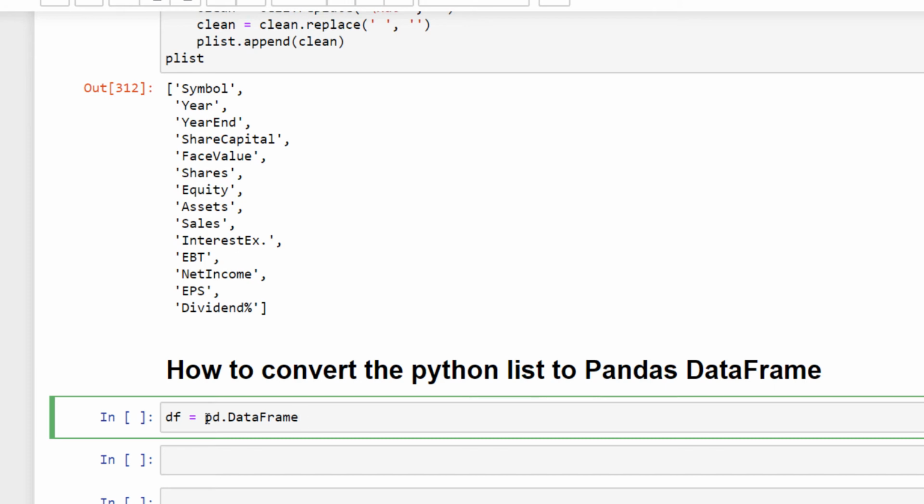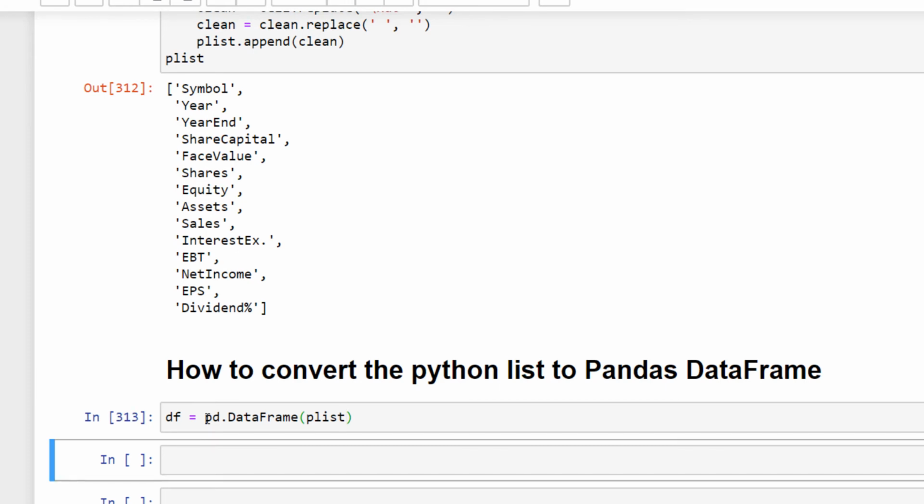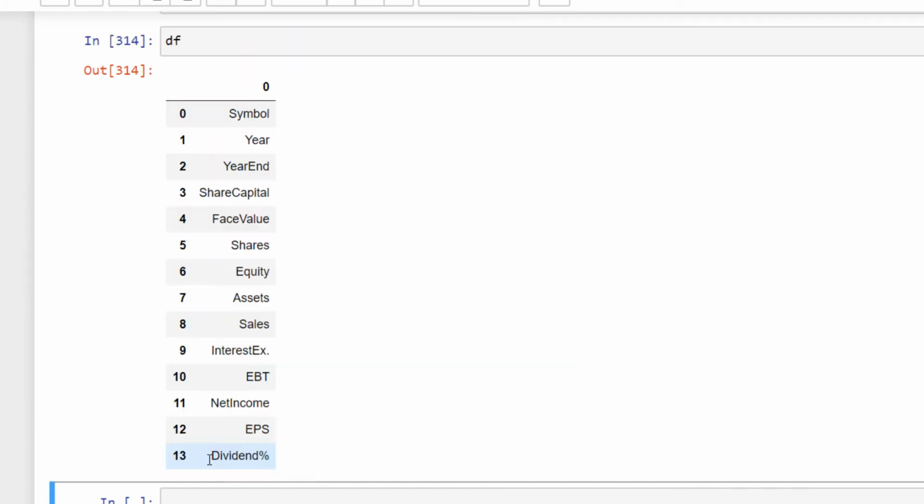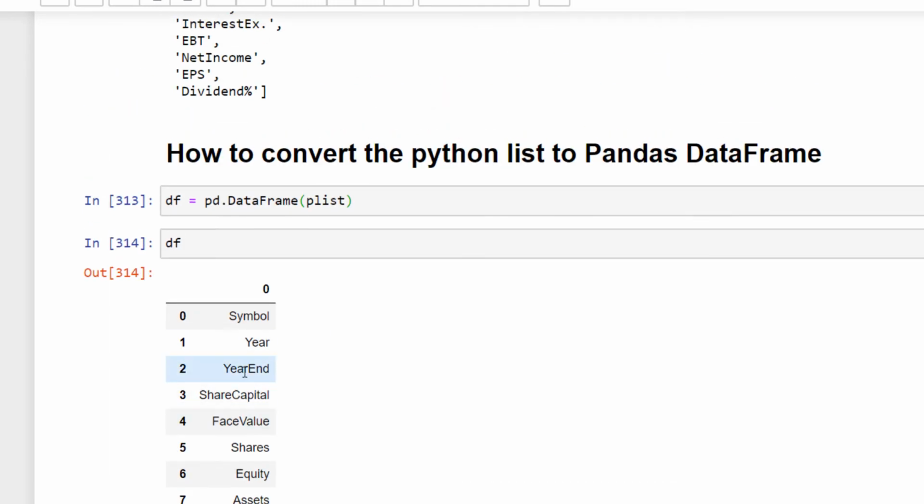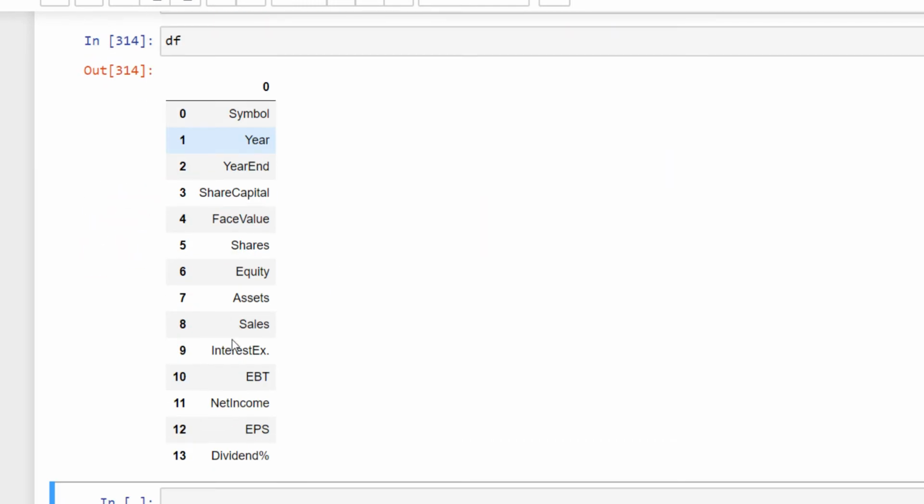And in between we pass on the Python list name. So the Python list was plist. And if we now read the data frame, so now it is in the format of a data frame.